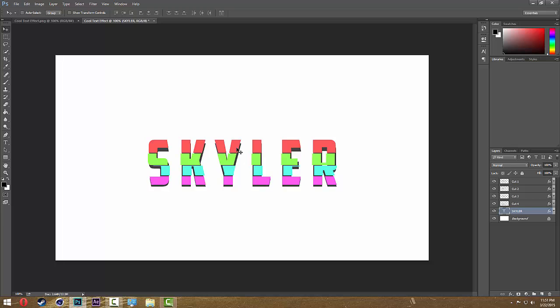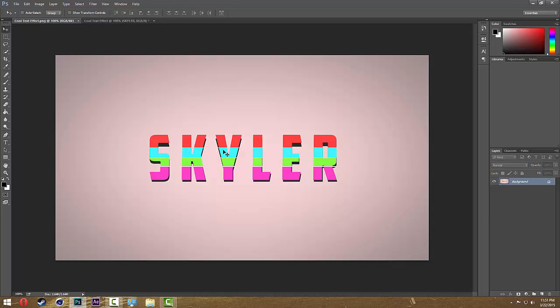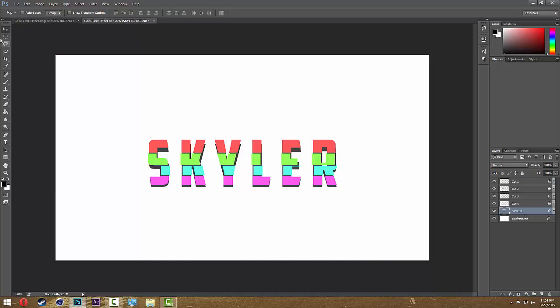Now if you want to cut out part of the drop shadow like I have in the original file, as you guys can see between the layers, I have the drop shadow cut out. What you can do is use the elliptical marquee tool. Now if you guys want to change this up,